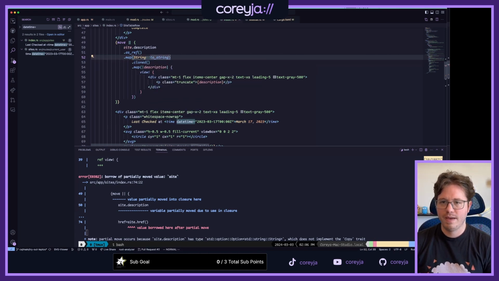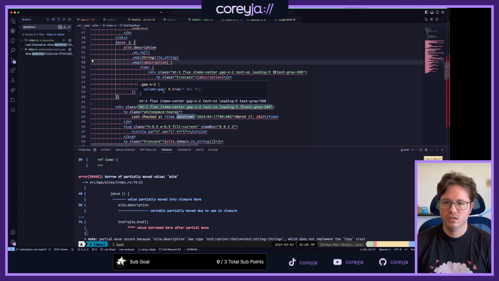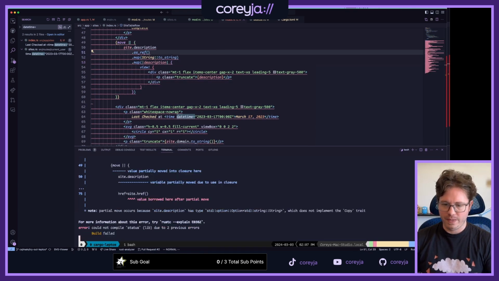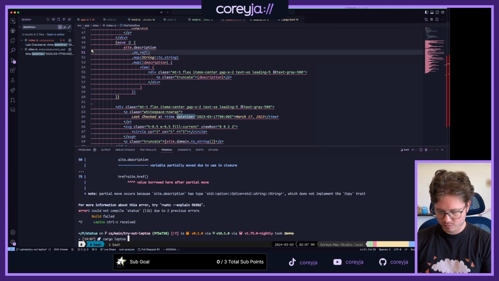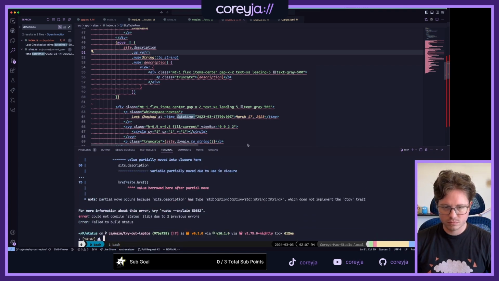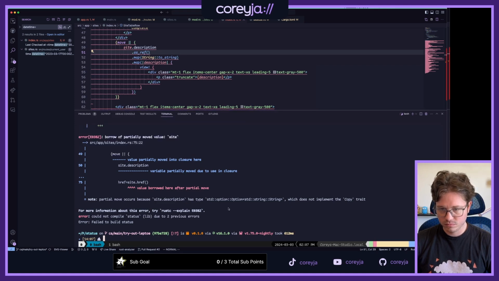Okay, so let's try mapping it to a toString instead of calling cloned on it. No. Nope. Value partially moved into closure here. Value partially moved due to use in closure. Value bar after partial move.